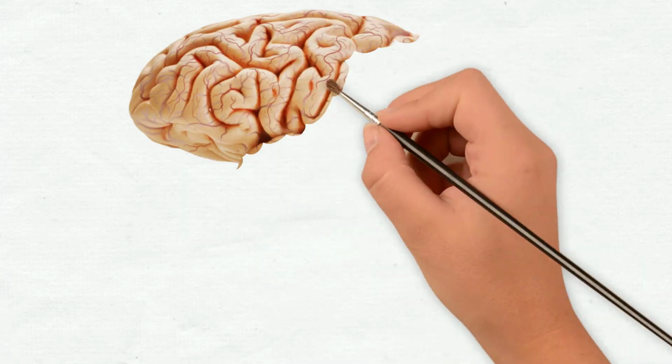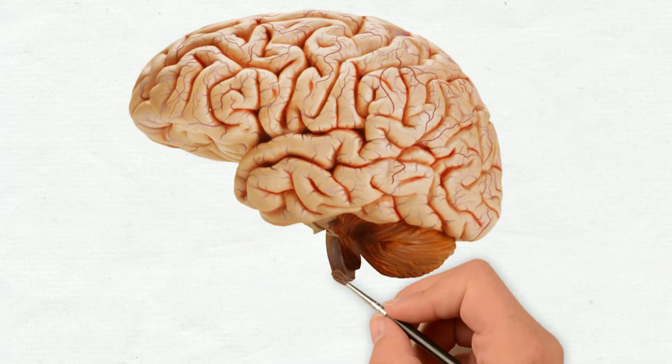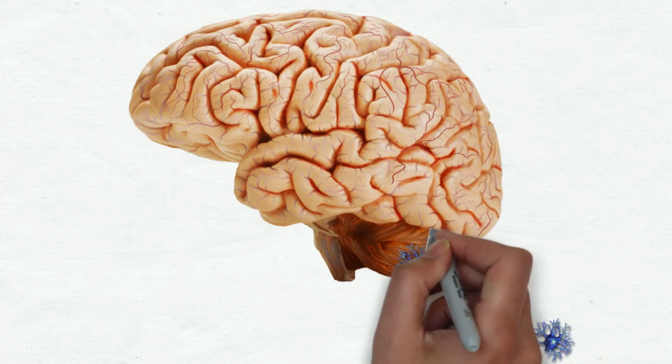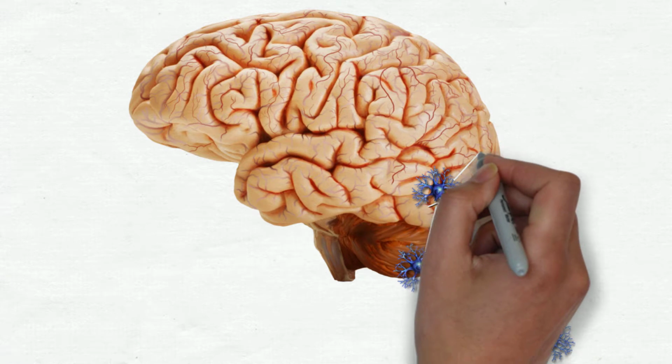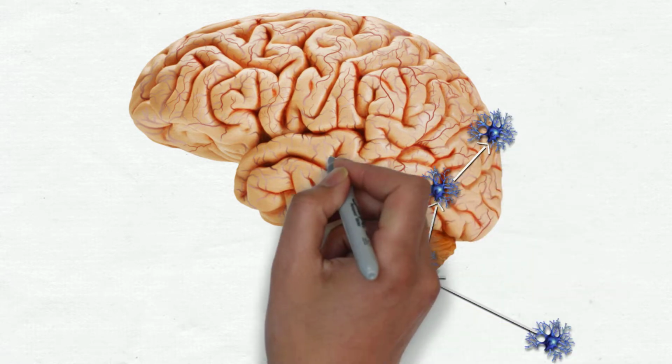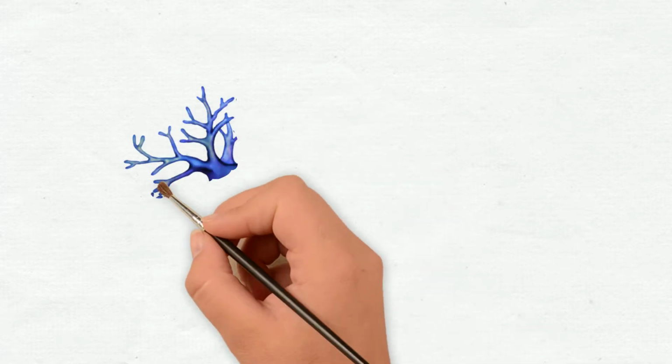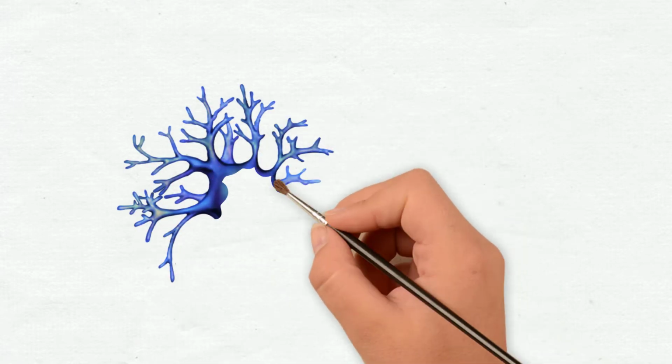The average human brain contains about 100 billion neurons. Neurons are nerve cells and are responsible for sending information in the form of neural messages from one neuron to the next throughout different parts of the brain. If we zoom in and have a look at the schematic of a typical neuron, we see that it is